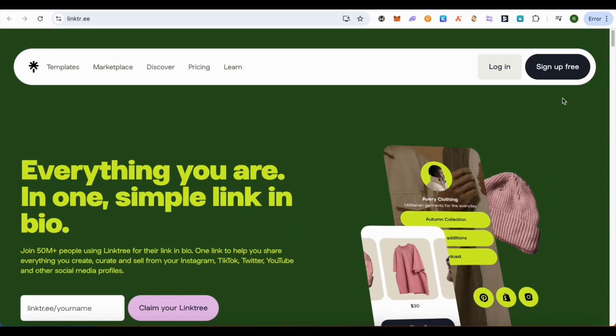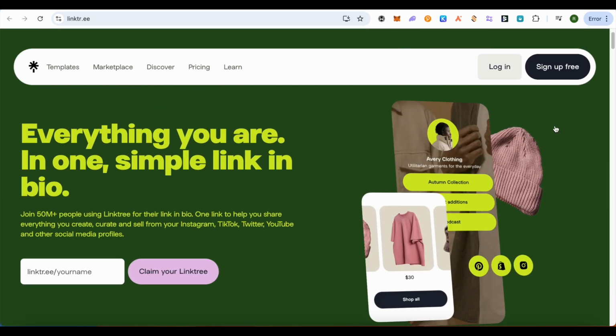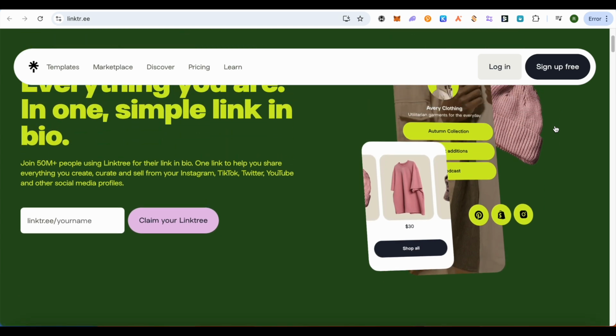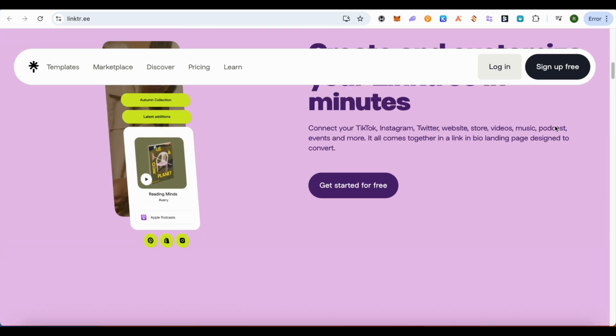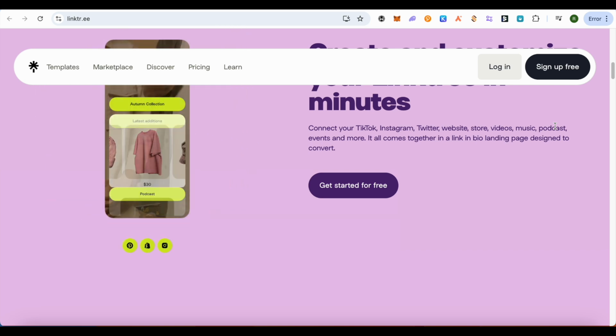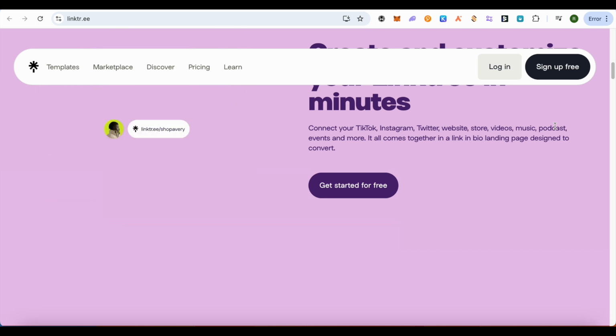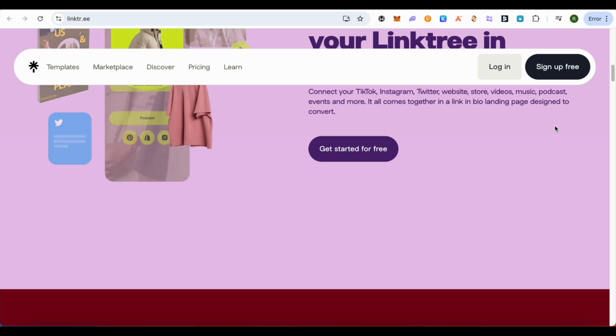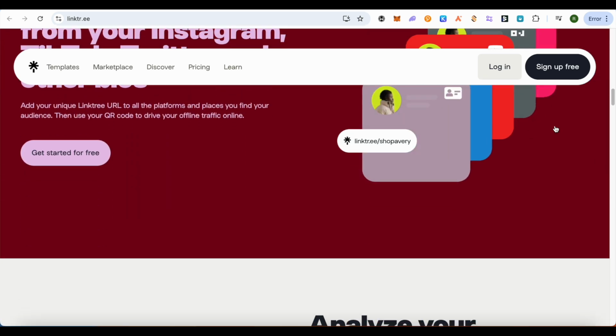Now you can sign up for a free account, and as soon as you sign up, it is absolutely free by the way, and after that you can add different links of different platforms, your socials basically, or your e-commerce website as well. Simply add these links with the names and you would be able to combine all the links